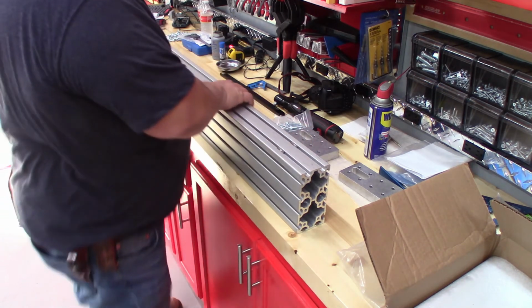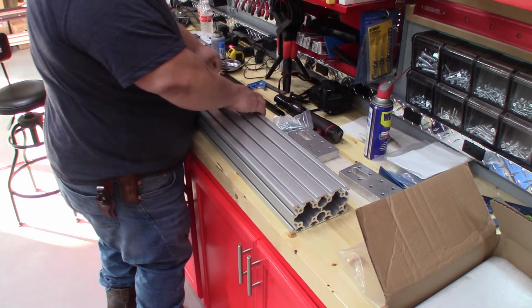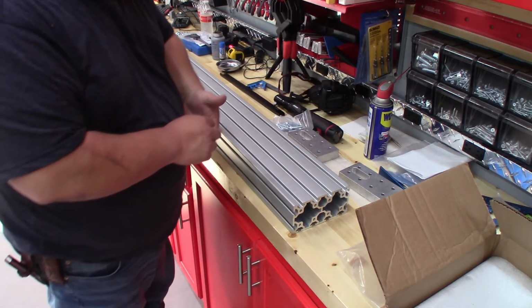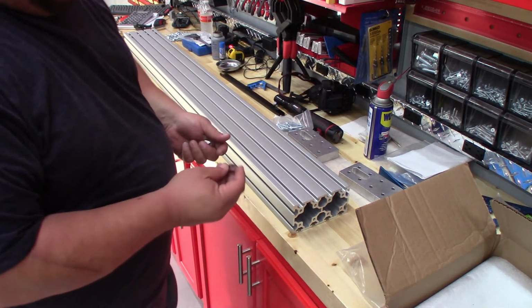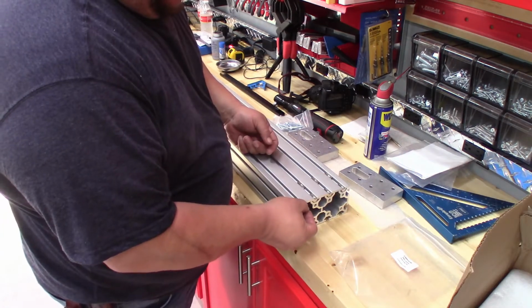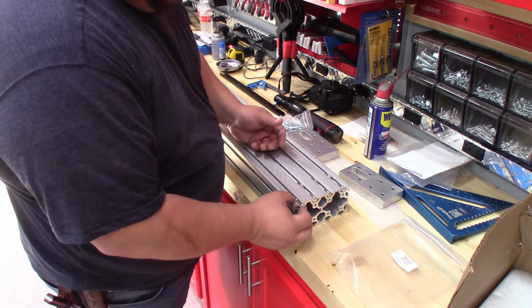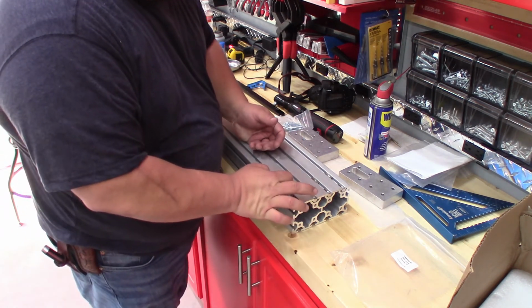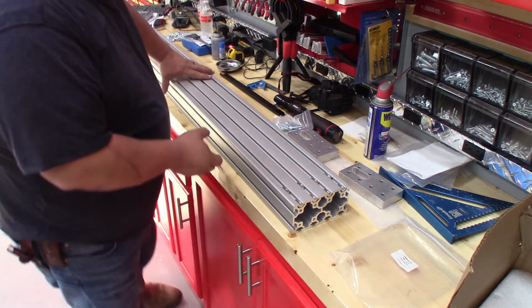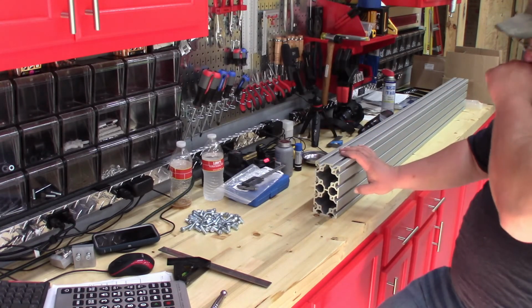Okay, then we're just going to go ahead and lay this down, and we're going to put these in. It's the same thing as that side. Long side in. Long side in. Okay, so that's that. Like I said, this is your left side, and